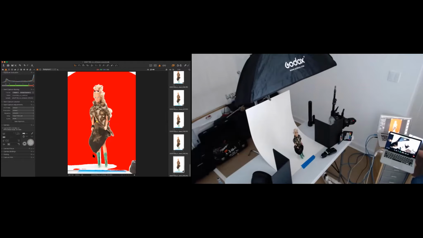Well, things were going so much more swimmingly for me earlier. Another third on that backlight. Two thirds on that backlight.